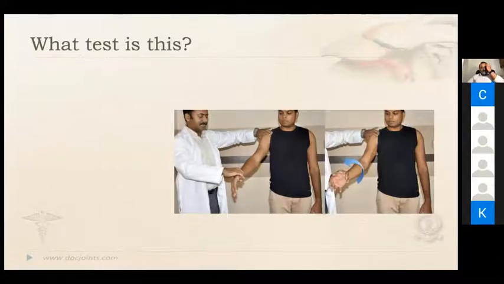Right. And that's why I said injection has to be given if possible after an ultrasound screening, or if possible after an MRI. So you have to rule out a rotator cuff tear before you put in the steroid. If you are instilling it blindly, and it goes into a torn rotator cuff, the steroid can weaken the rotator cuff further, and it can produce a complete tear from a partially torn one. I've had many episodes of patients coming in after injections, even by neurologists or orthopedic surgeons or Ayurveda doctors giving injections, and the partially torn tendon completely rupturing.